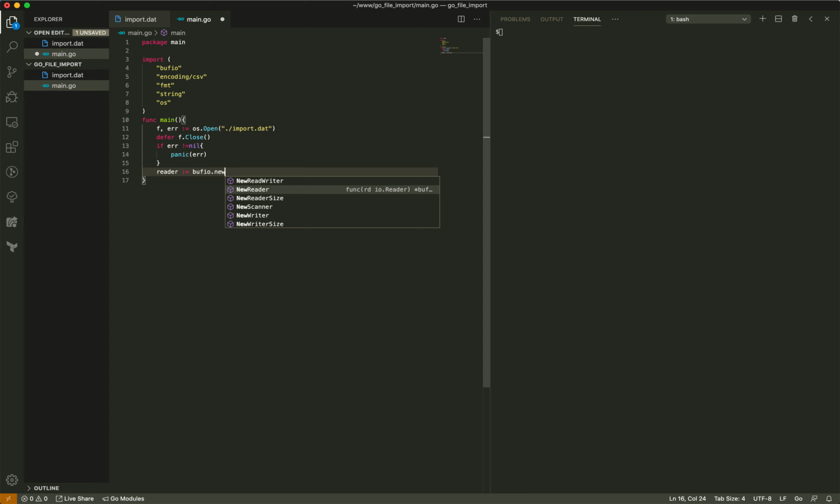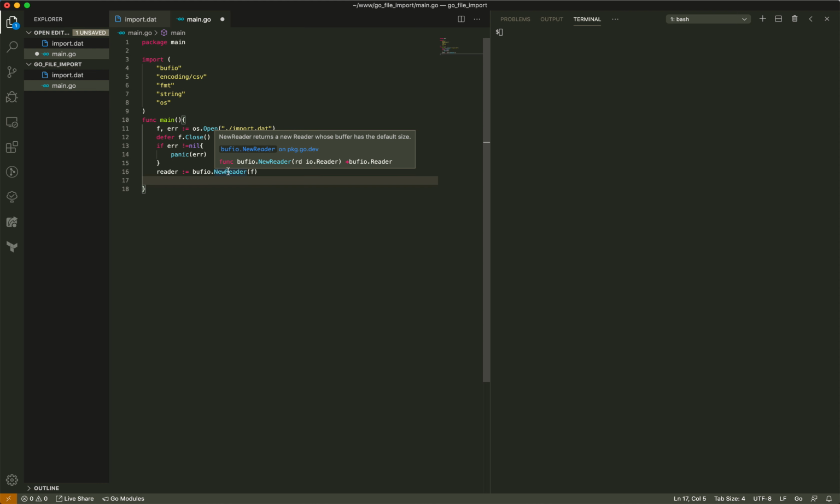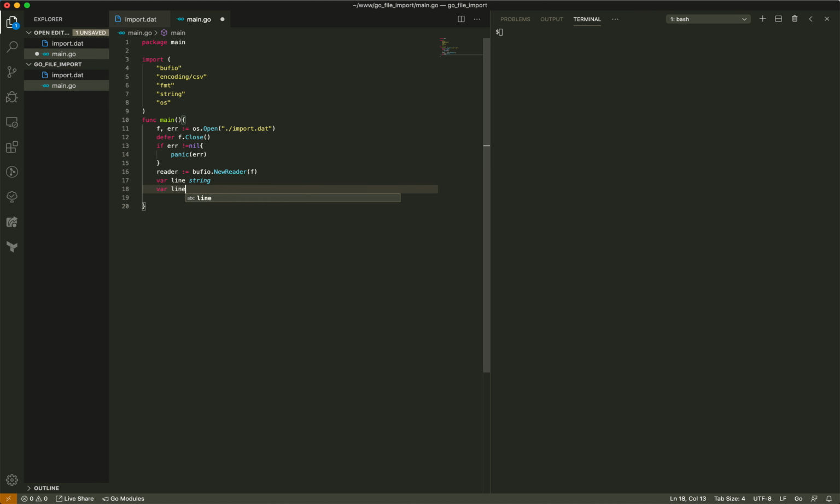With bufio, we're going to do a new reader, and we're going to pull the file handler into the buffered reader, and this is basically going to go through and read in each line. So let's start by creating a line count, do int64, and then let's create a loop here that's going to read every line because we don't know where the end is. Do a reader.ReadString,